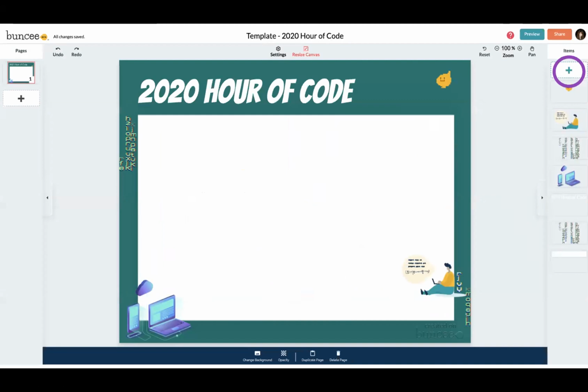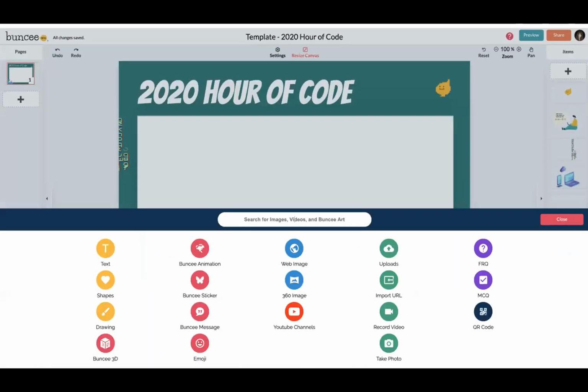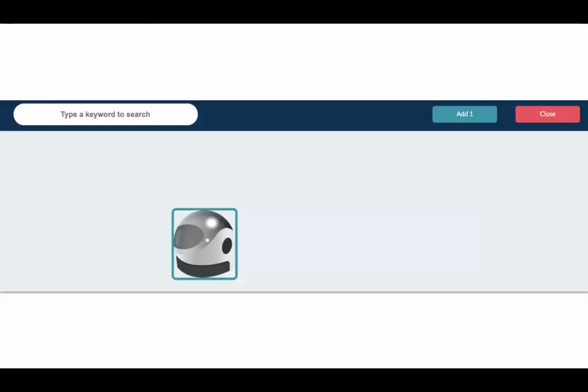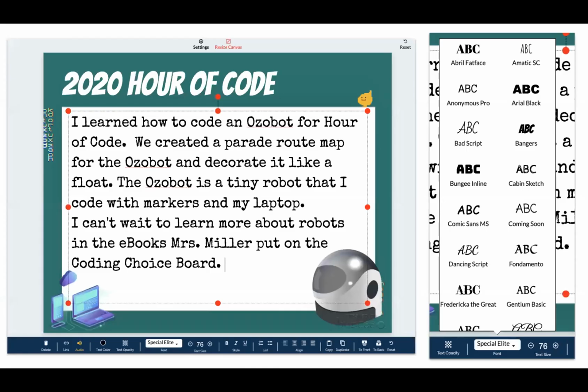And then again, that little purple circle, it is circling the plus sign. So when I click on that, it brings up all the different assets that I can add. And so kids can search for something specific, maybe a robot, or in this case, an Ozobot, or maybe a dog or whatever they want to put in. They can search for it, then click on add and add that, along with even changing the text and color and size, anything they want to make